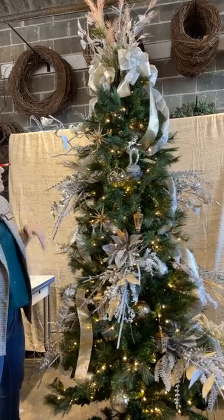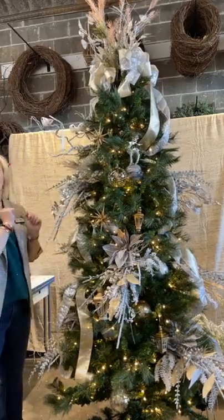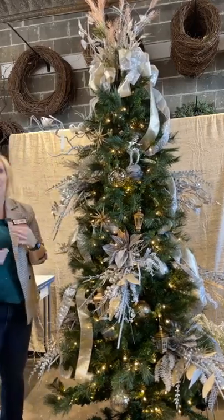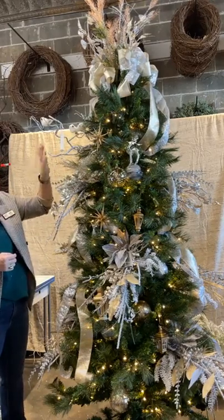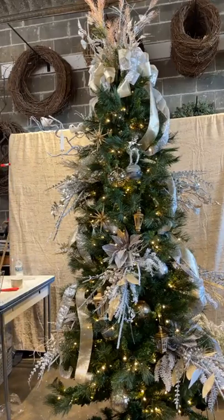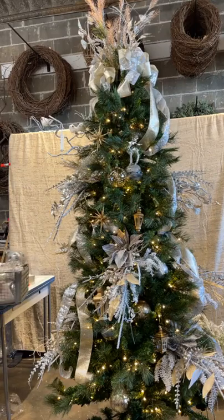So those are some of the fun tips that we share here at the store, and we show these branches on every tree in the store in some way. We've got a different colored one, or there's ice-covered branches. We have glass icicles, other beautiful trims that can hang out of your tree. I think I meant to show a couple of those as well. You could put your reindeer out that way,